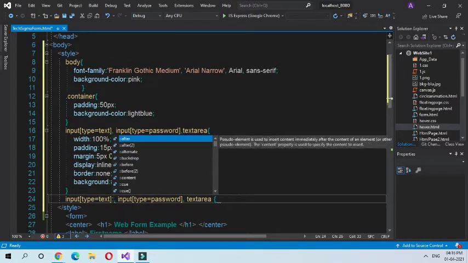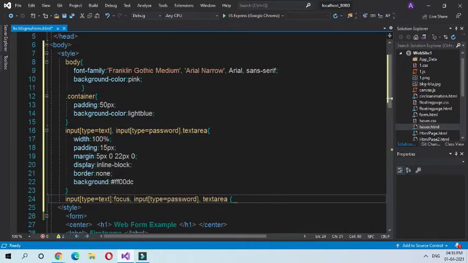So give it as focus. What does focus do? Focus gives a light effect to your web form when you point your cursor. Focus and textarea focus, then colon. Now give the background color.